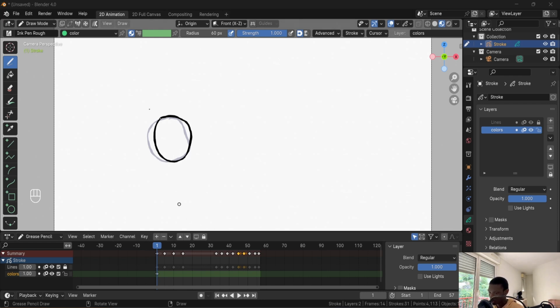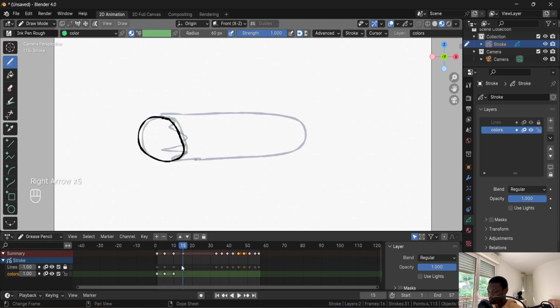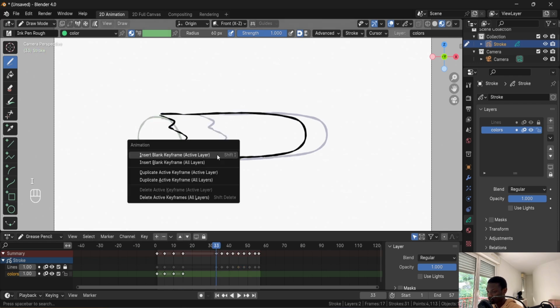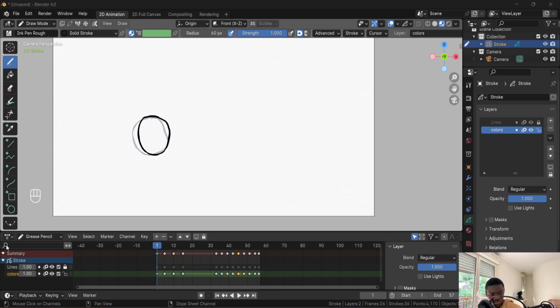Okay, so in order to use the multiframe tool, we need to create other keyframes for our colors layer. So we're just going to create blank keyframes for all the line layers. So we're going to create a keyframe here, another one here. Alright, so I created blank keyframes for all the lines layer,